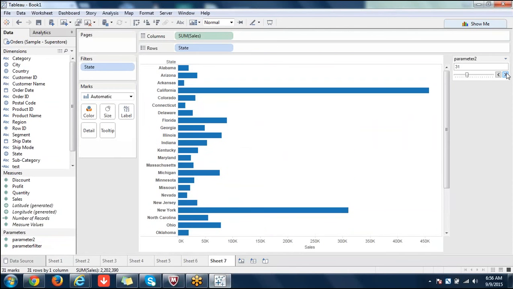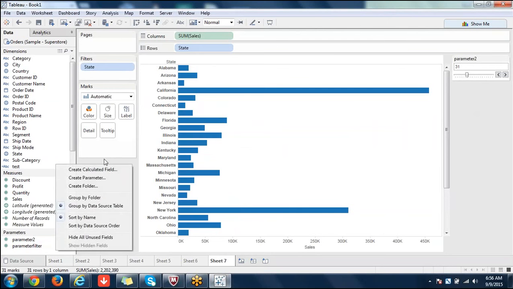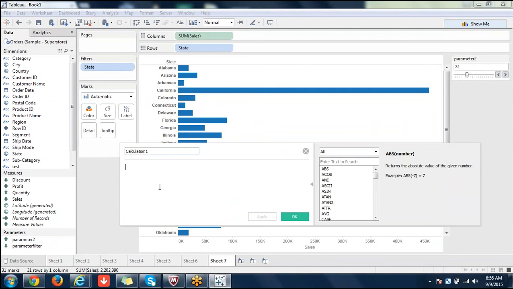Okay, so tomorrow we will see how parameters can be used in calculations, such things. Not only in filters like that, you can create a calculated field. Okay, you can create a calculated field, and you can write an if then else statement also. If state is this, otherwise if parameter, directly you can use the parameter name, the parameter is a number.